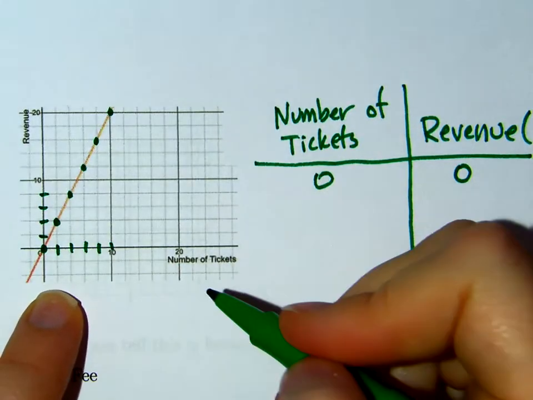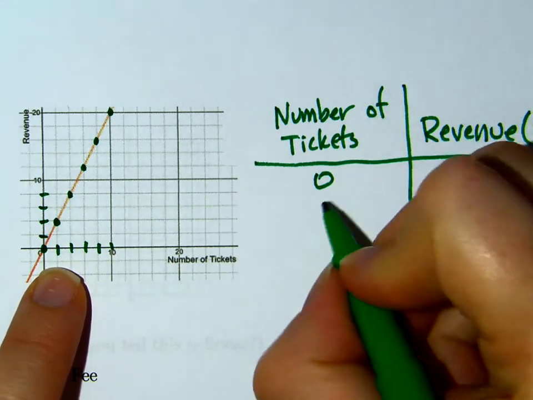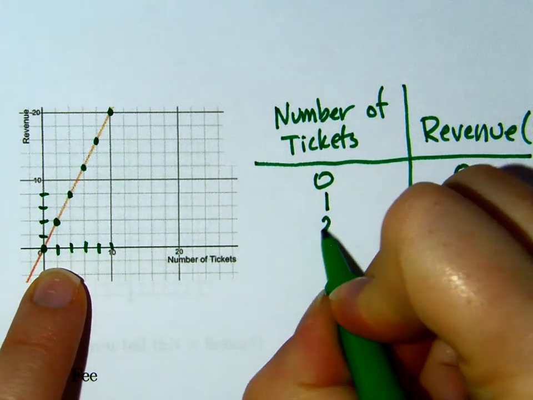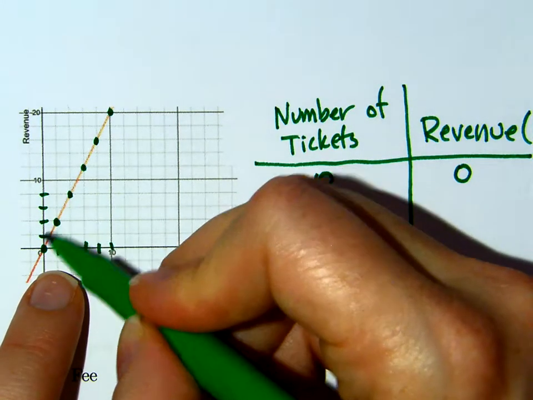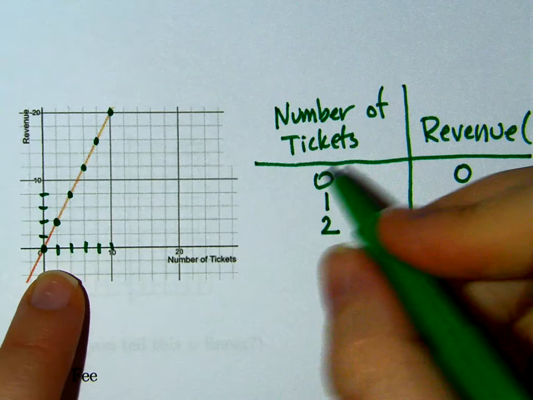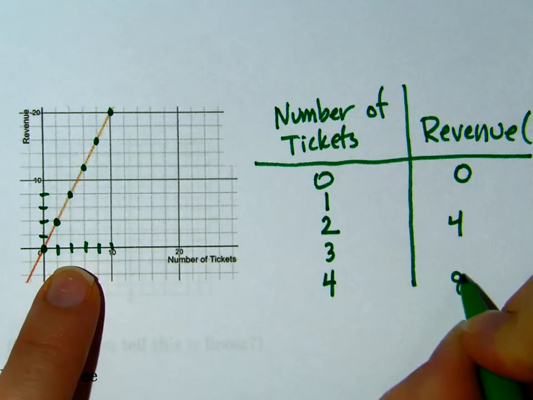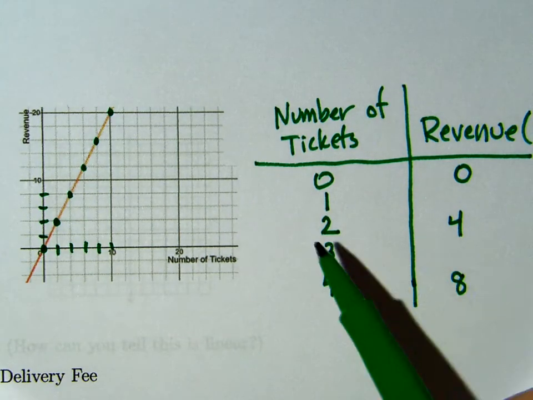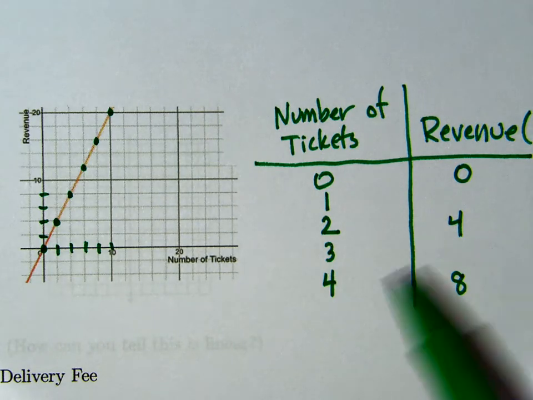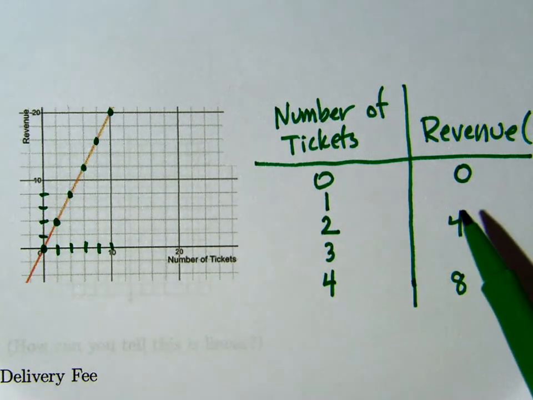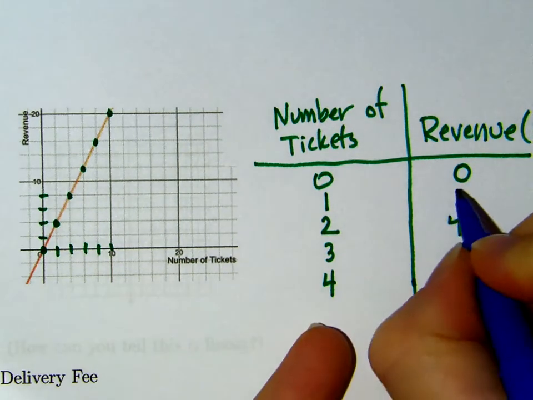Okay, so the scales are counting by twos. So we see after what number of tickets? I don't know how much one ticket is, but I do know how much two tickets is. Probably could predict one, but two tickets is $4 in revenue. 4 tickets is $8 in revenue. Huh. So if I wanted to know how much one ticket is, well, 2 tickets is $4 and 4 tickets is $8. I think they're $2 a pop. So my prediction is that